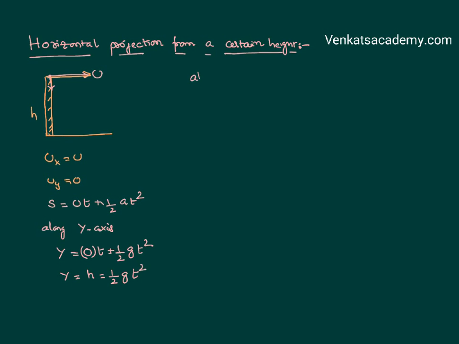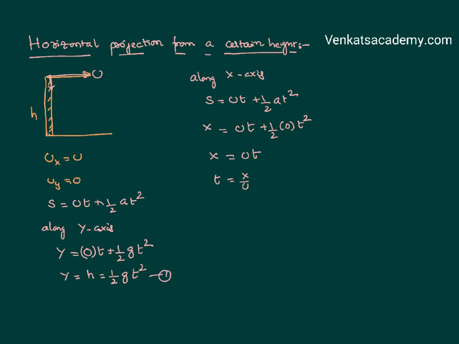Similarly, I want to calculate how much it displaces along the x-axis with time. Along the x-axis, I would like to use the same formula, ut plus half at square. Let s be x and velocity be u, but it's very clear that there is no acceleration along the x-axis because the only acceleration acting is acceleration due to gravity. It's not there along the x-axis, it purely acts along the y-axis. So x is nothing but ut. If required, t is nothing but x by u. (2)